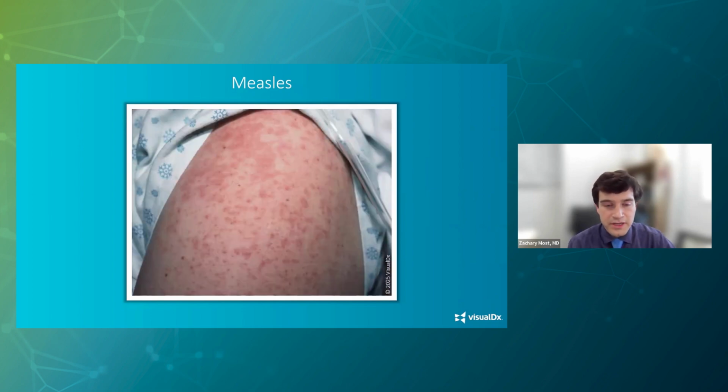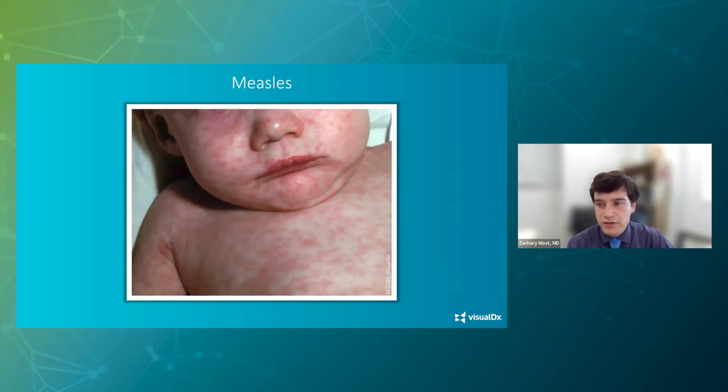Here's a very classic looking measles rash on the extremity of a patient. And again, you can see at the top of this image, some of these lesions have started to coalesce into larger lesions. Here's another classic measles rash image. And I like this one a lot because it covers both, you can see the face, the torso, and the extremities all really severely involved with this rash. It's really everywhere. In particular, quite a significant involvement of the face.